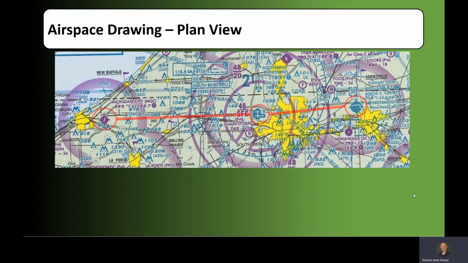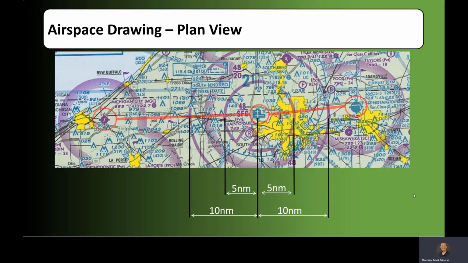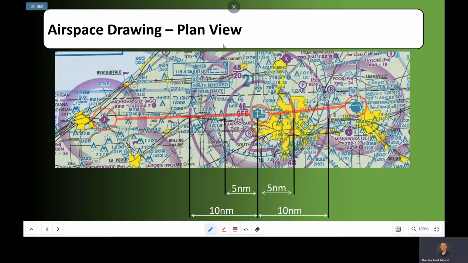Starting with the easy one of the Charlie airspace area, we automatically know that the inner core is 5 nautical miles out. The outer shelf is 10 nautical miles out. And then we can see on there a bottom at 2,000, a ceiling at 4,800 feet. We're going to go over these distances and then we'll start plugging away,